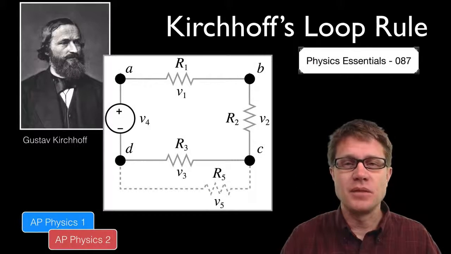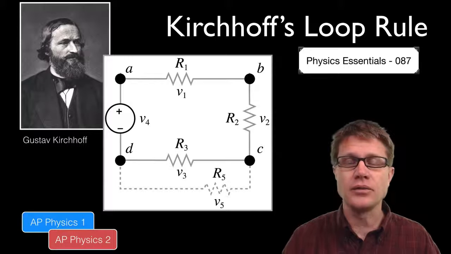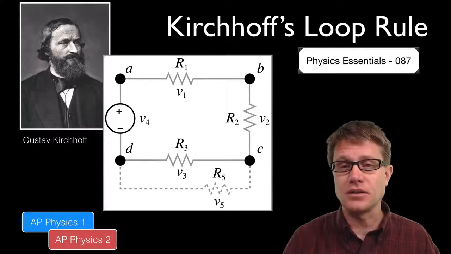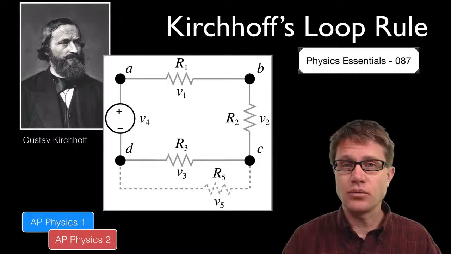Hi, it's Mr. Anderson, and this is AP Physics Essentials, video 87. It's on Kirchhoff's loop rule, which is a powerful tool to look at circuits. And when combined with Kirchhoff's junction rule, which we'll get to in a few videos, it really makes analysis of complex circuits possible. And so the way it's written is the sum of all the voltages in a loop is